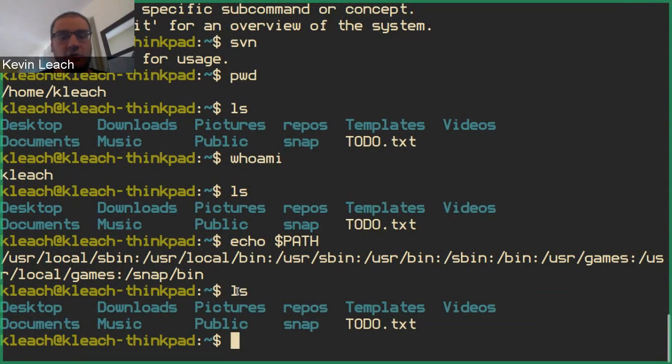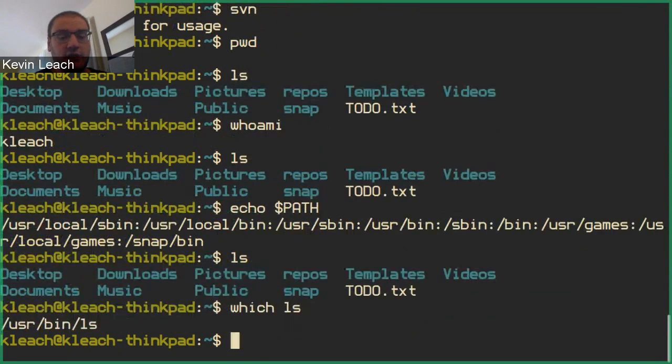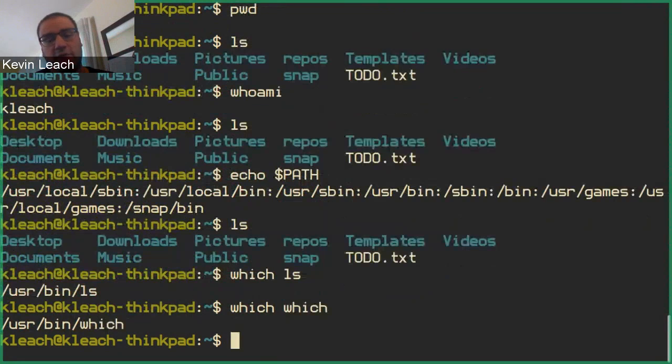Okay, so an environment variable called PATH by convention stores the locations that the shell searches through to actually execute programs. And you can see where the program it's loading is located, using the which program. Which is a program on your computer that will tell you, when you give a command to the shell, where it is actually finding it. So if I do something like which ls,